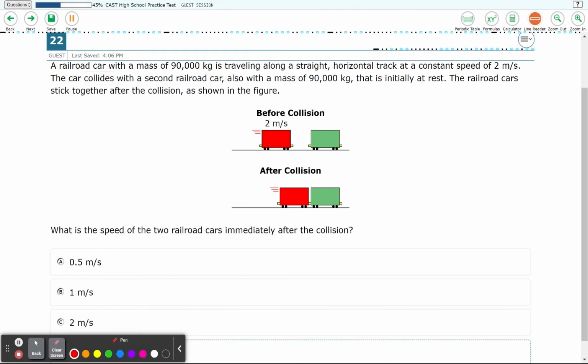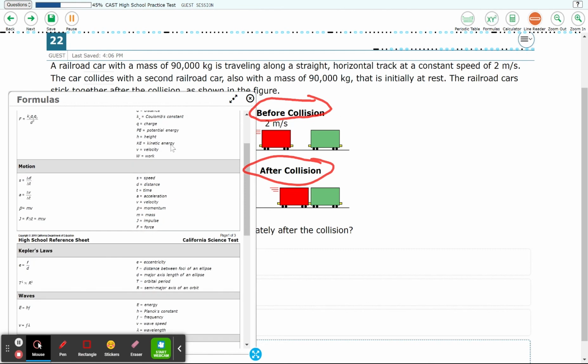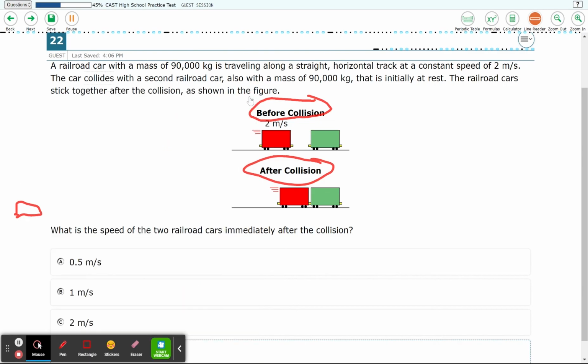To solve this problem, we're going to use conservation of momentum, the idea that the momentum before the collision has to equal the momentum after the collision. So let's go ahead and calculate that. If we click on formulas up here, we can see that momentum P equals mass times velocity. So now we just need to calculate how much momentum there is before the collision and how much is after the collision. Okay, let's write our equation here. P equals